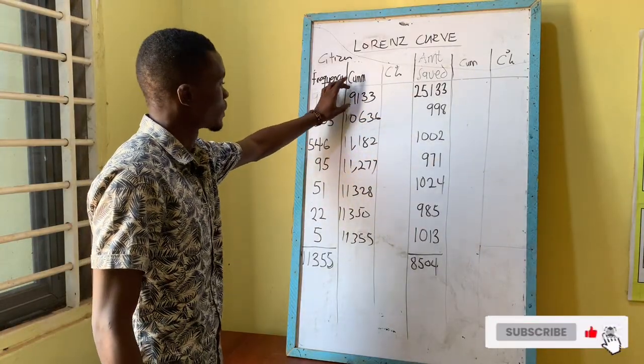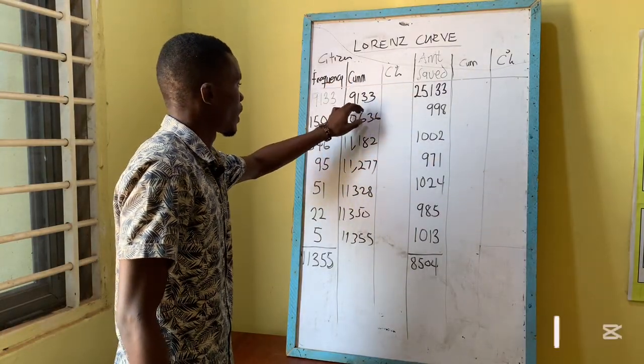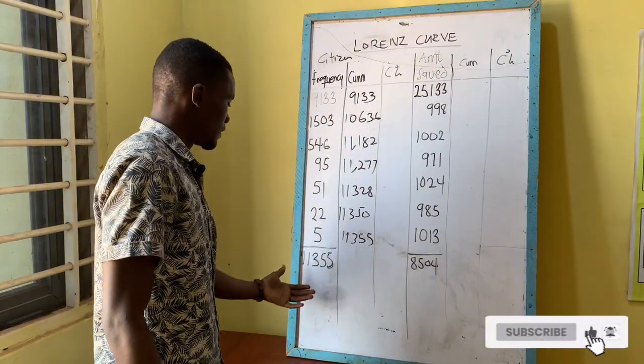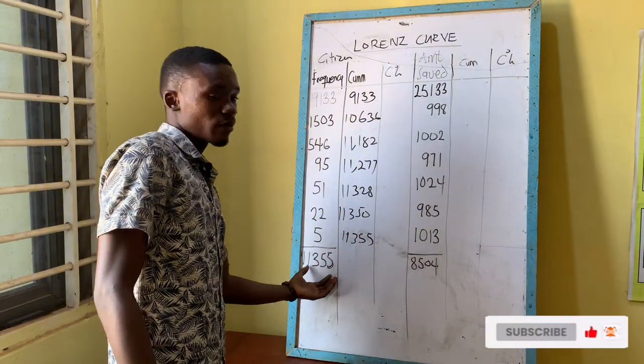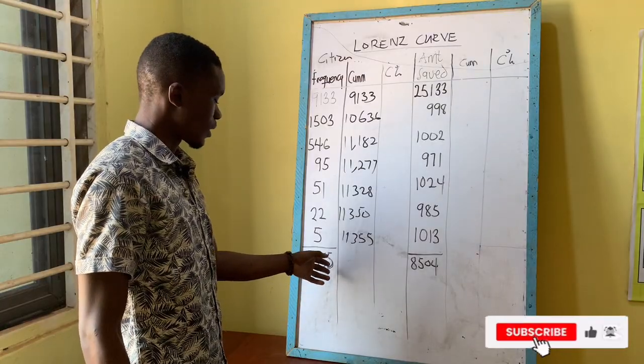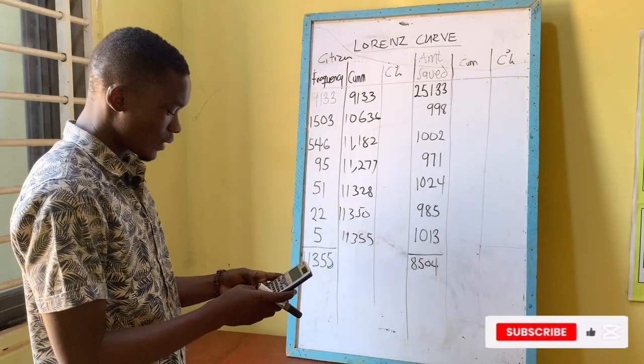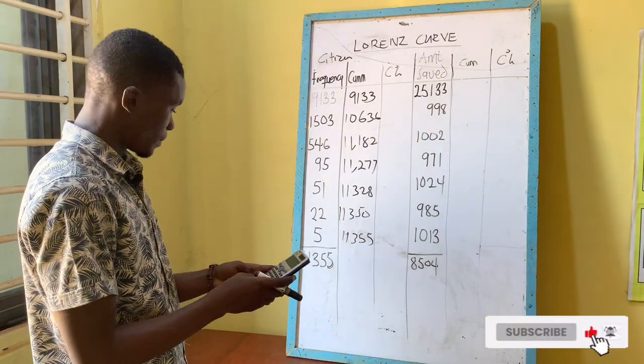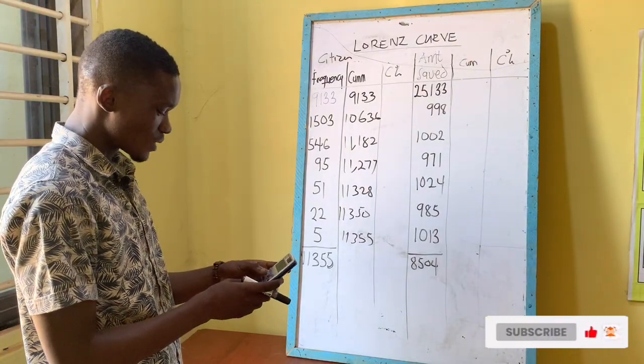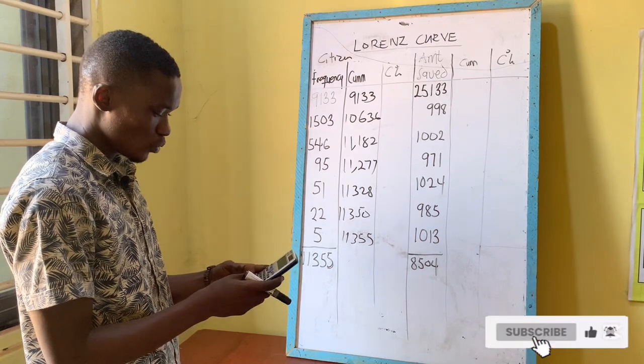So we want to know the percentage that this figure 9,133 has in the total figure, that is 11,355. So you take 9,133, then you divide by 11,355, then you multiply by 100, which will give you